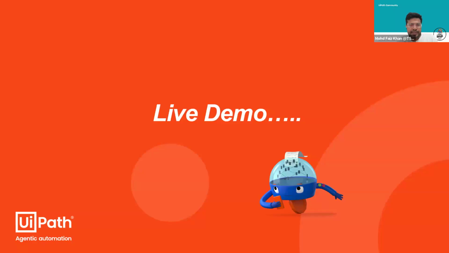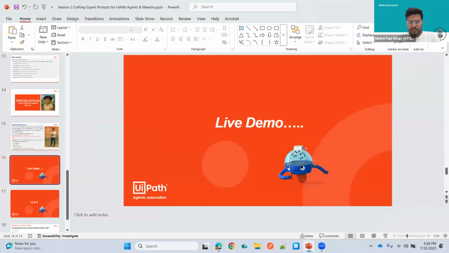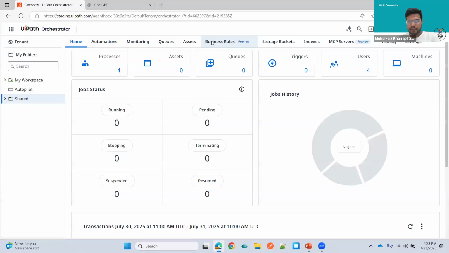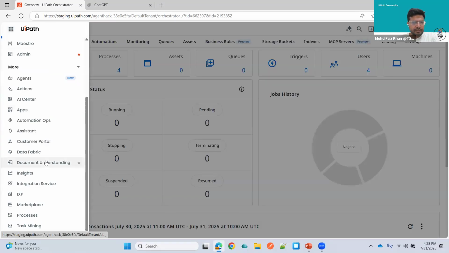So let's see how we can write a prompt in the UiPath ecosystem to interact with any of the LLM models. So I will start with UiPath Apps first.